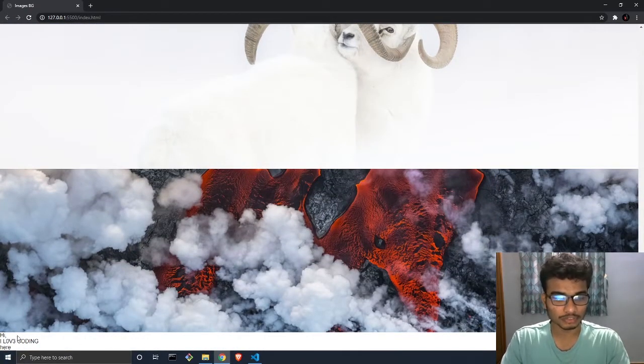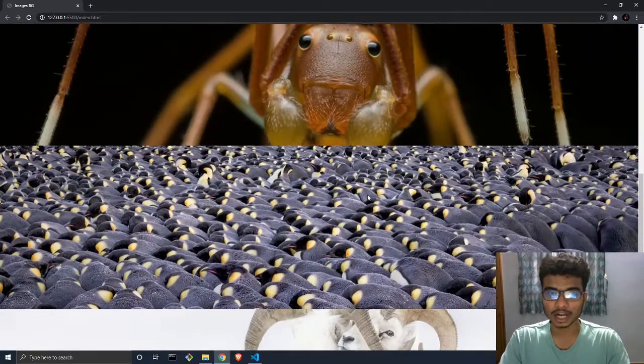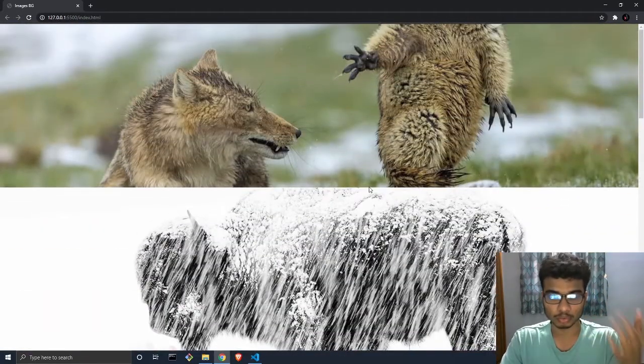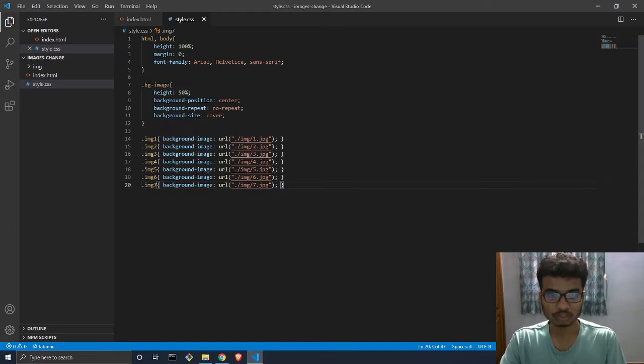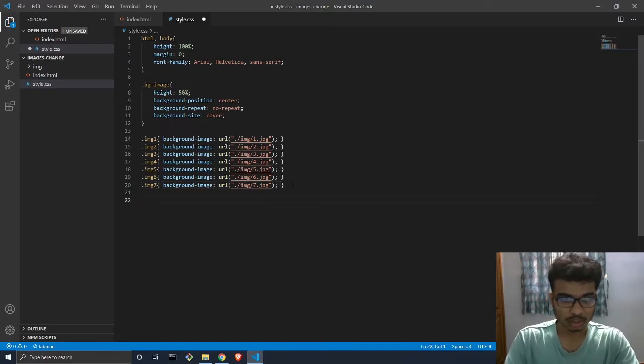Now what we want to do is bring this text to the center, and it has to stay fixed over there. So however you scroll, it does not change. The text does not change, but the image changes as you go down. That's what we are going to be focusing on now. So the class for the text is